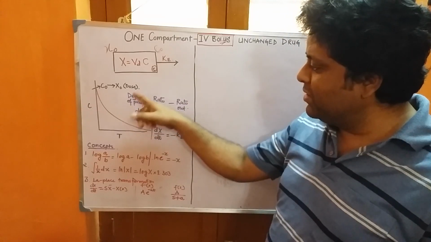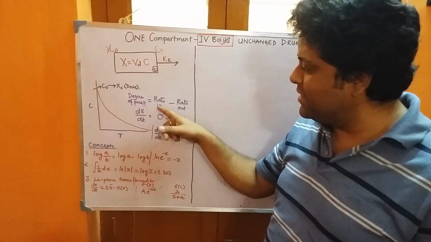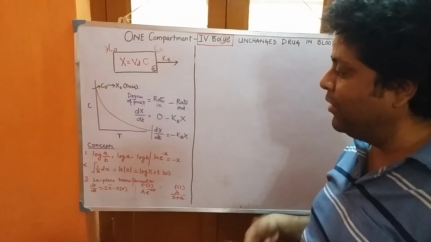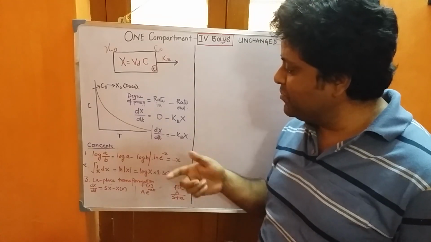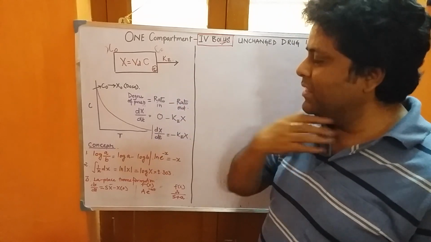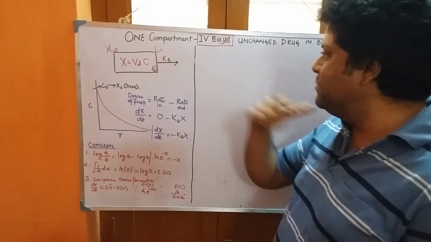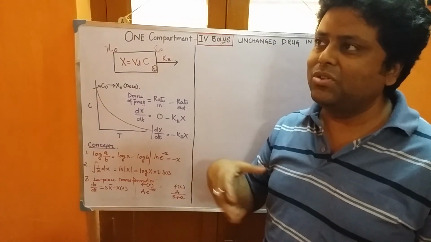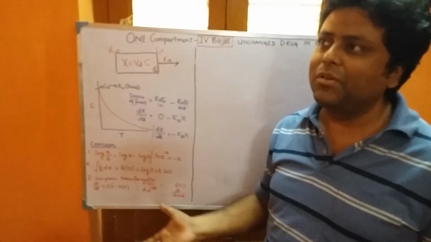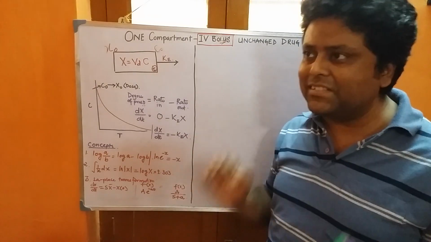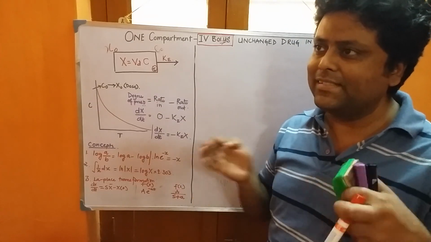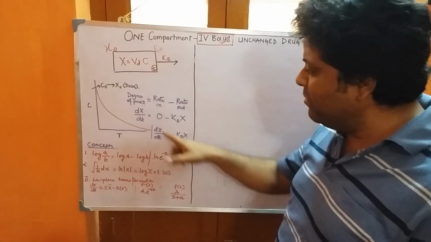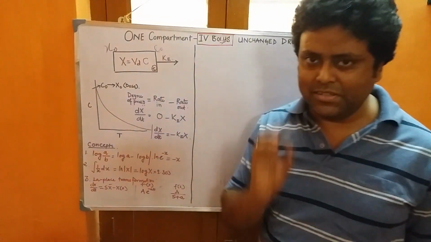The general rule is that the rate of drug presentation depends upon the rate at which it is entering and the rate at which it is moving out, as rate in and rate out. So here in the case of IV bolus, there is no rate in process, no first order dependent rate in process, because the drug instantly shows maximum systemic bioavailability. So the rate in process is 0.